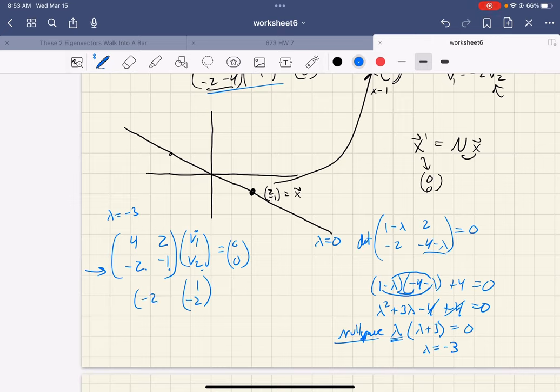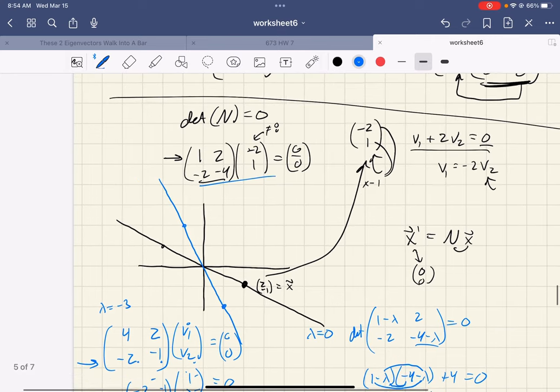So let's just double check. If I do this dot product, this and this will give me negative 2. This and this will give me positive 2. Sure enough, I get 0. Okay, cool. So what is this? This is moving to the right 1 unit, moving down 2 units. So I have to go to the right and then down, I'm here, or I go to the left and up and I'm here. And let's draw this in. Okay, great. So on that blue line,